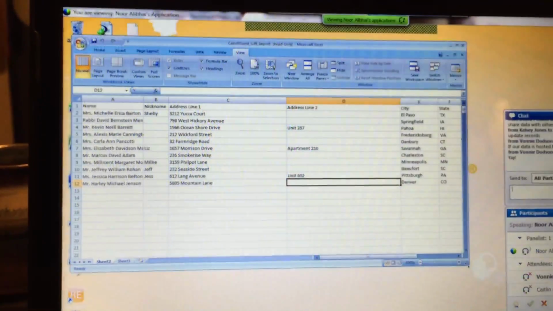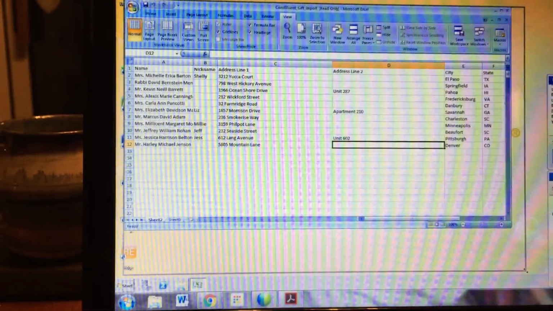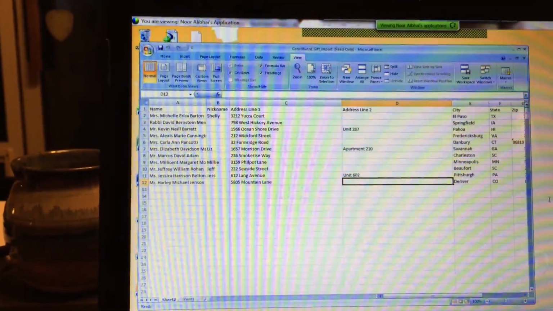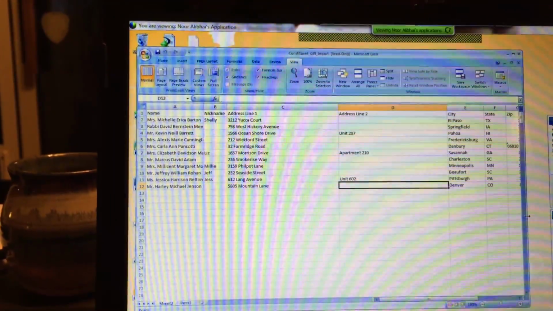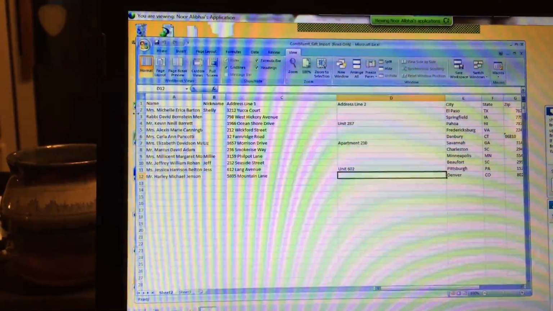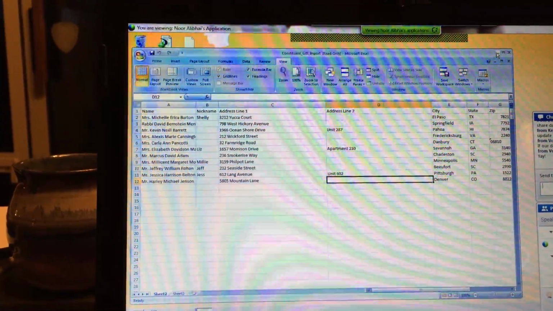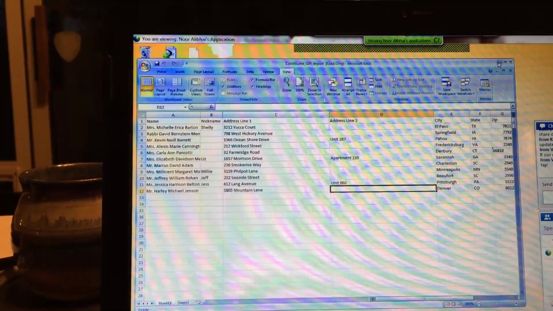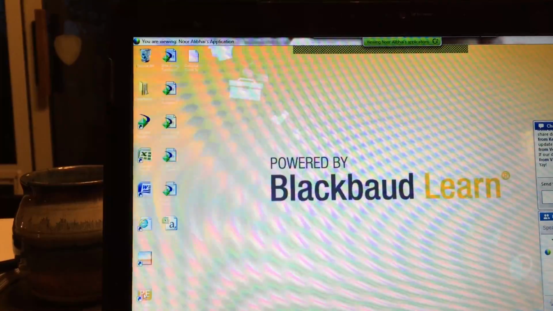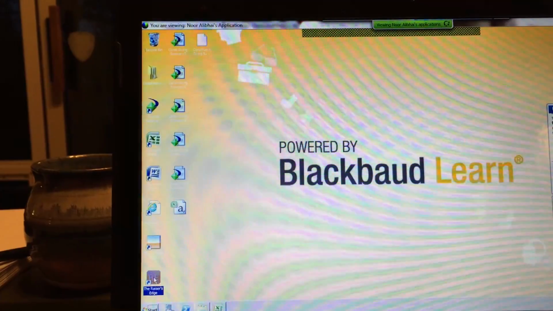Okay, now I need to make sure that we separate the information in the spreadsheet. So basically, here is my spreadsheet. I'm also going to open up Raiser's Edge because I want to share with you that help file so you can see what is required versus what is not required and what we would like to capture. Okay, so I'm just going to open up my Raiser's Edge. Bear with me for a second while I minimize this spreadsheet. And I'm going to just minimize my class resources folder. I don't really need that anymore. I'm just going to double click Raiser's Edge here and open it so I can share with you the help